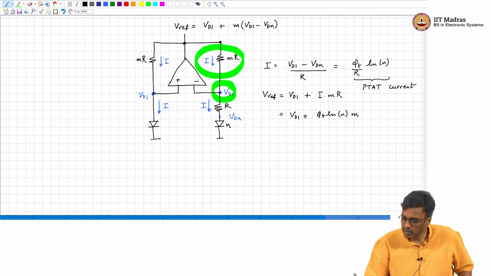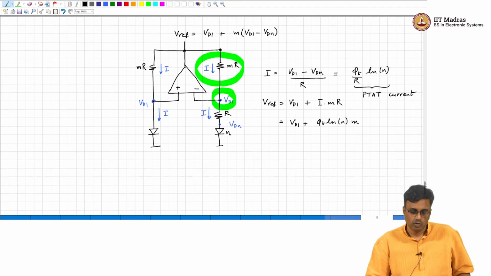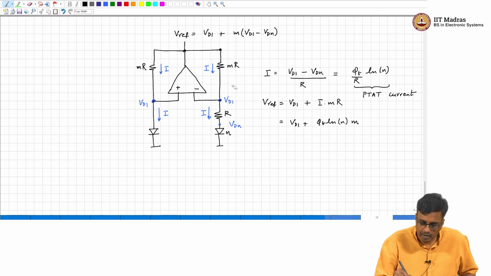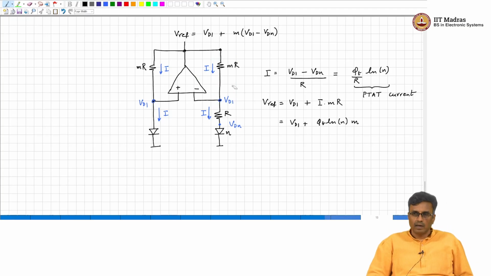So, as I said, a common choice. Of course, if you go and buy a reference off the shelf, basically all this stuff is inside that IC. It is not as if you are going to be building it on a breadboard this way, right. But this is a useful illustration of an op amp in a negative feedback loop, where there are a lot of elements which are non-linear, okay, and the output of the op amp does something useful. And as I said, this is called the band gap voltage reference, and a common